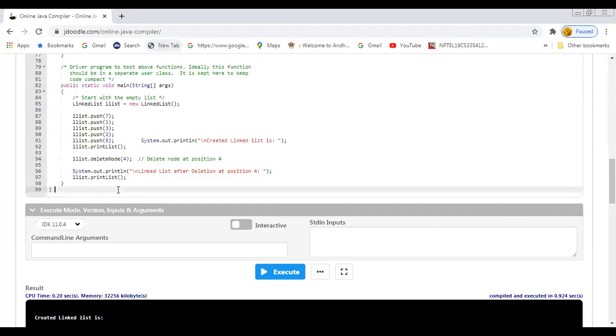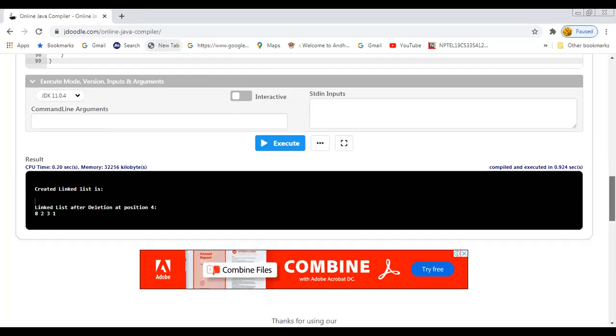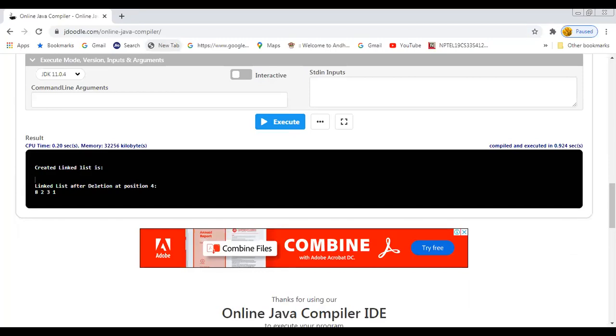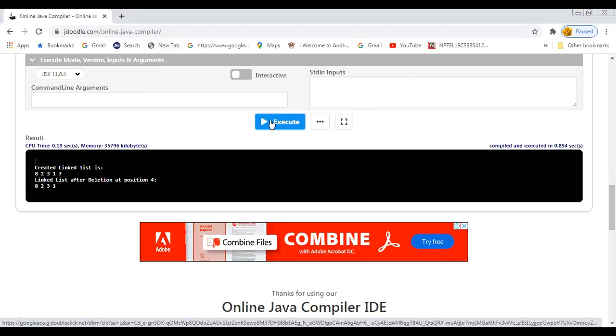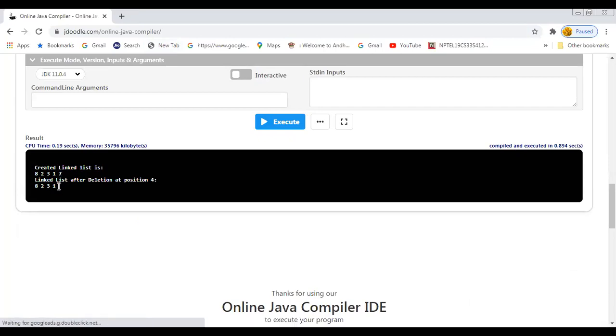So the fourth node is the last node, because the index starts with 0, so 5 minus 1 is 4. So fourth node means it is the last node. In our list, 82317, the last node is 7. So when you supply the position as 4, automatically the last node is deleted.